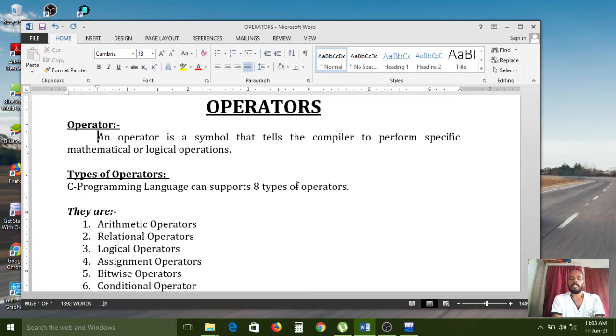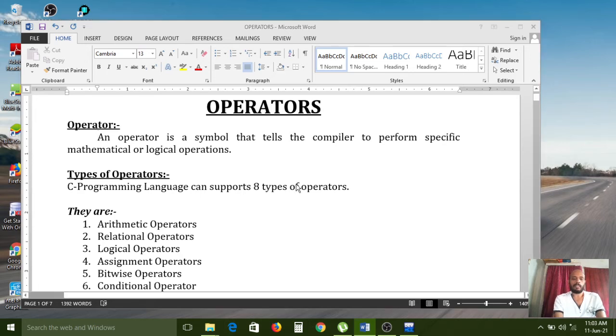If you want to do any calculations, in that case we have to use the mathematical way. If you want to execute your program in a different way, we need to use the logical way. Here, an operator is a symbol: plus, minus, multiplication star, divided by, and also the modulo symbol. In the C programming language, each and every symbol has a different functionality. Opening bracket and closing bracket are also symbols.